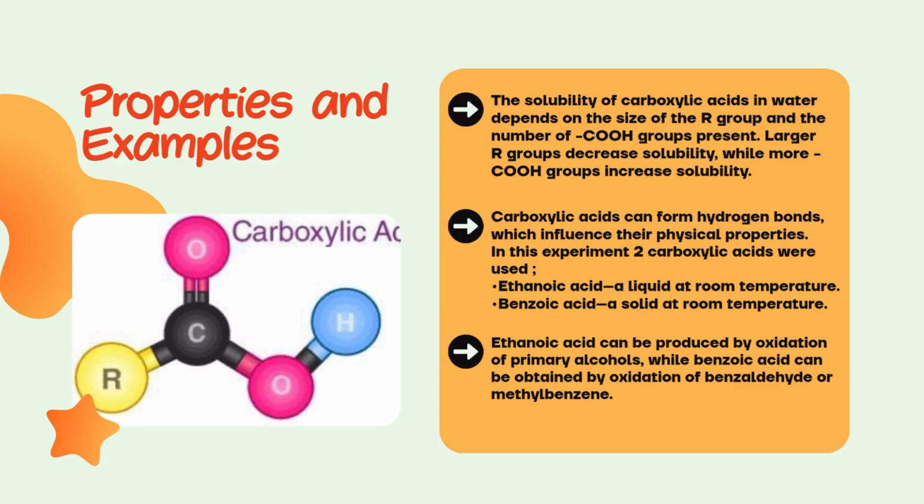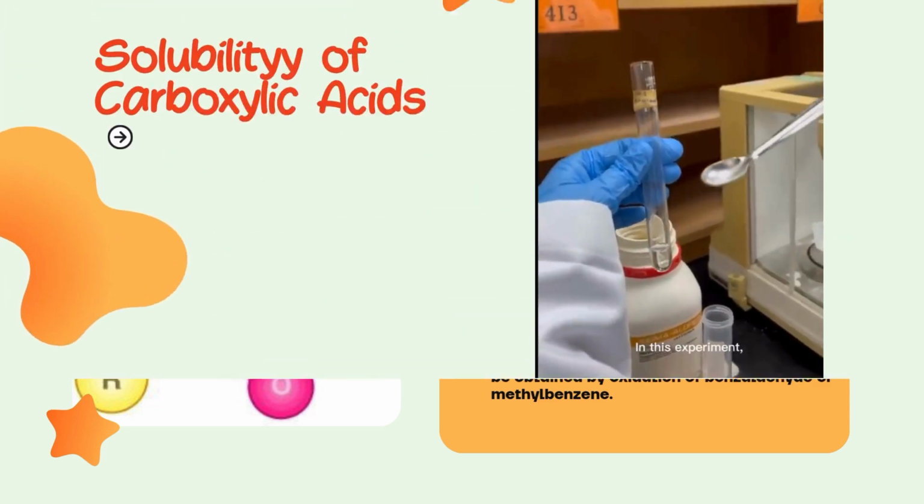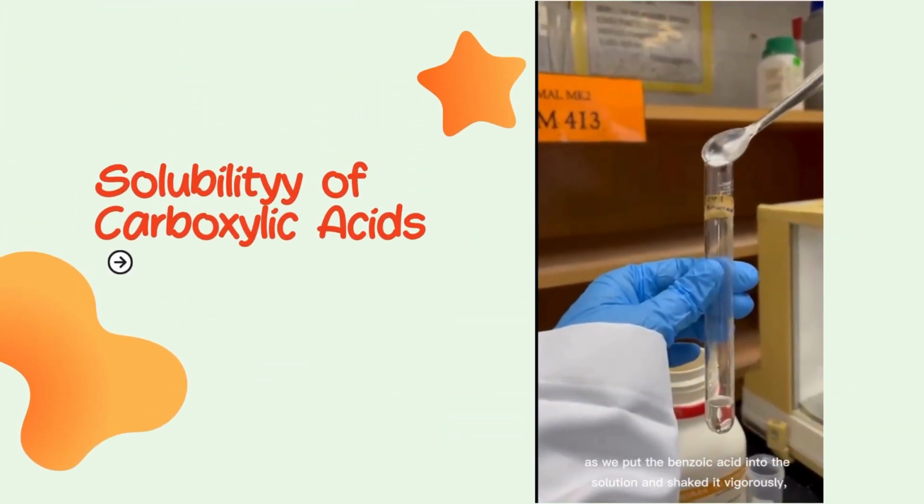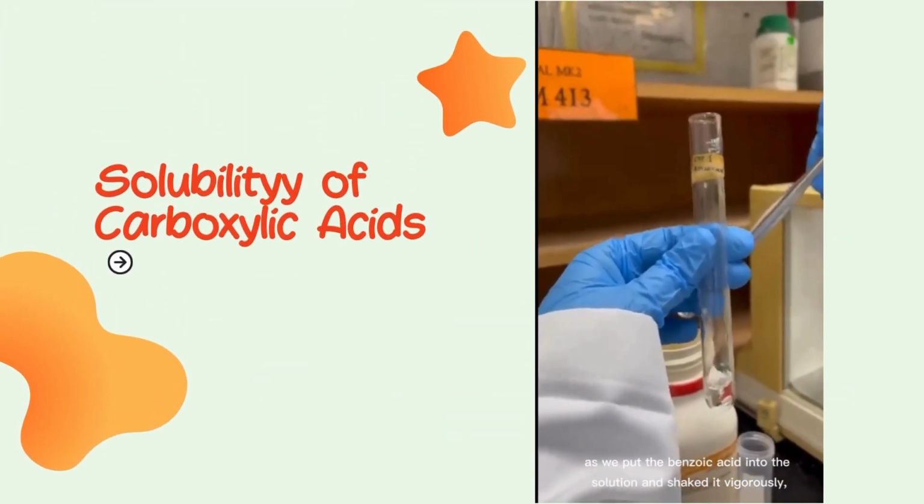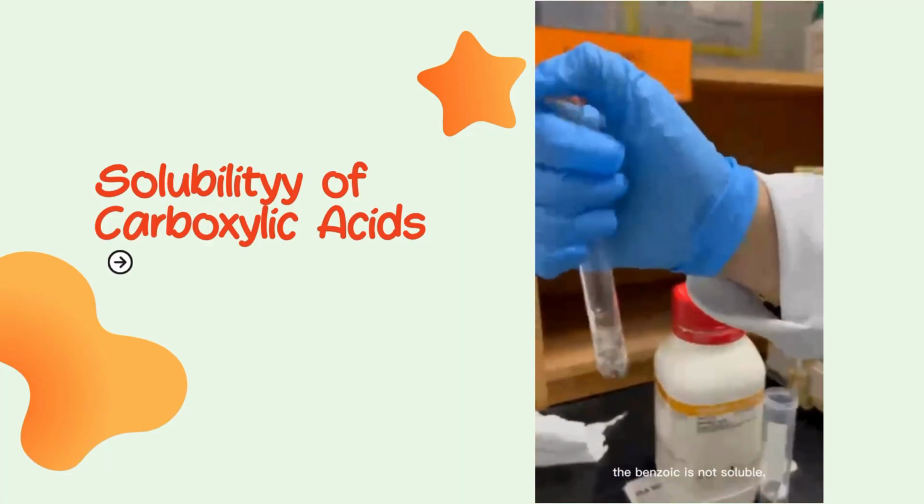In this experiment, two carboxylic acids were used: ethanoic acid and benzoic acid. Ethanoic acid can be produced by oxidation of primary alcohols, while benzoic acid can be obtained by oxidation of benzaldehyde or methylbenzene. In this experiment, as we put the benzoic acid into the solution and shook it vigorously, the benzoic acid